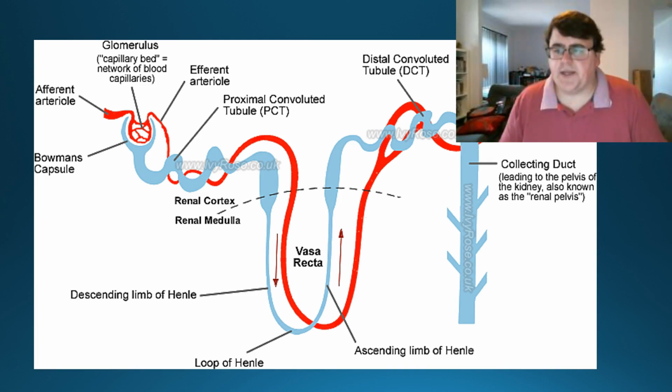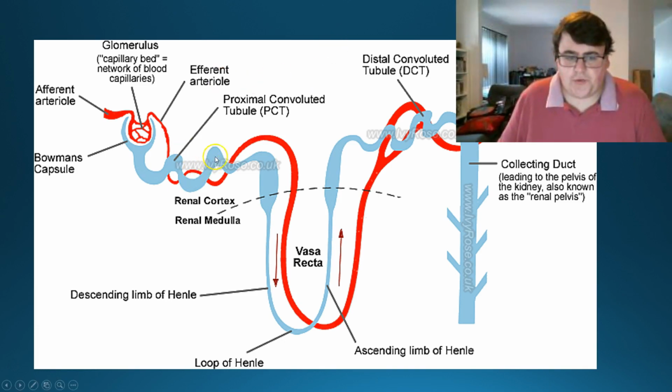That ball of capillaries, because of the increased pressure from the size difference of the arterioles, forces filtrate out of the blood, where it's reabsorbed into the Bowman's capsule, that moves through the nephron, getting ready to be filtered out of the body. As it passes through the tubule over here,